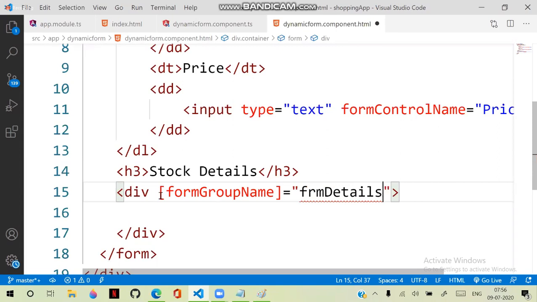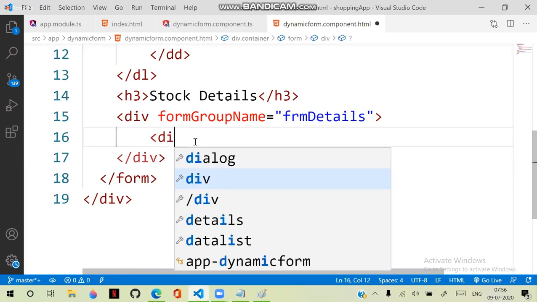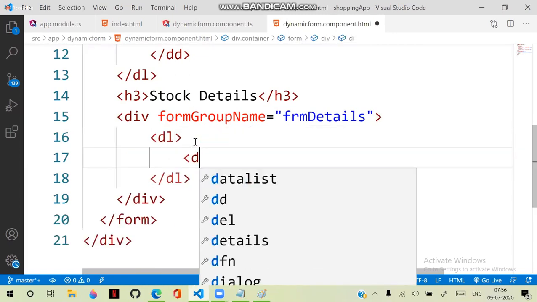FRM details is the form group name. And this time, important is this form group name, FRM details, needs to be defined for the nested form. Then form group name is FRM details, and into this we have another data list and a data term,